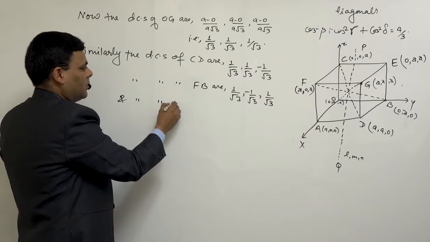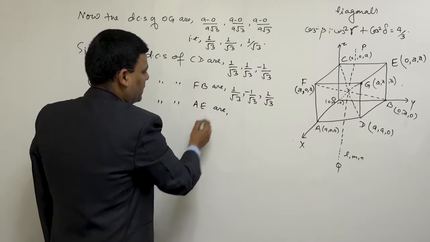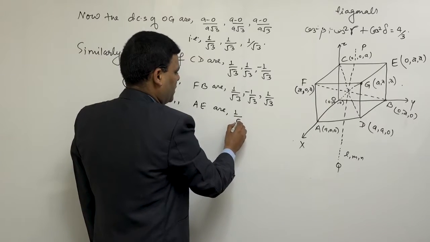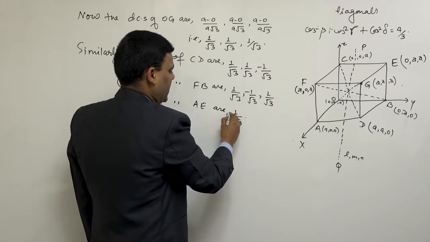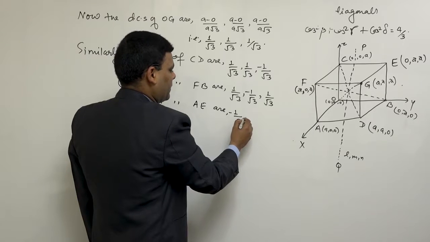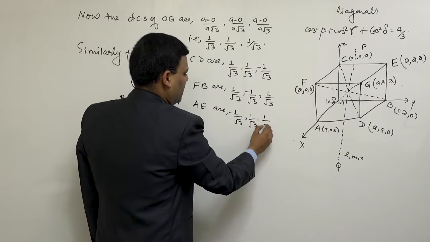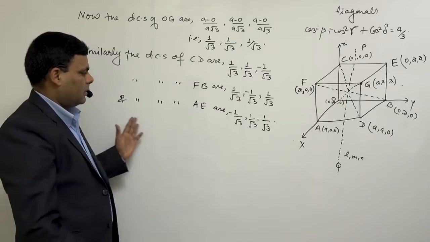And the direction cosines of AE are 1 by root 3, minus 1 by root 3, 1 by root 3, 1 by root 3. Okay, after that,